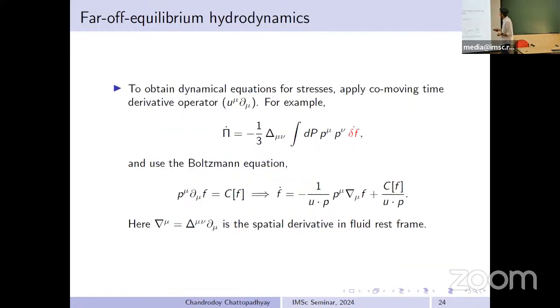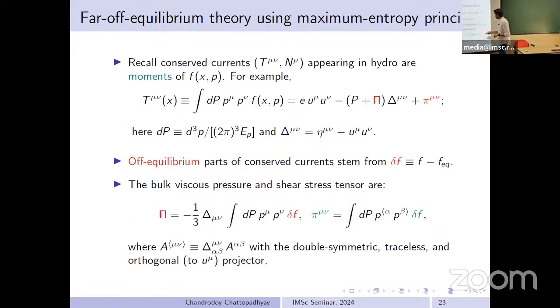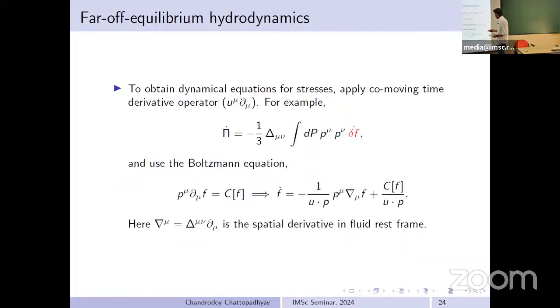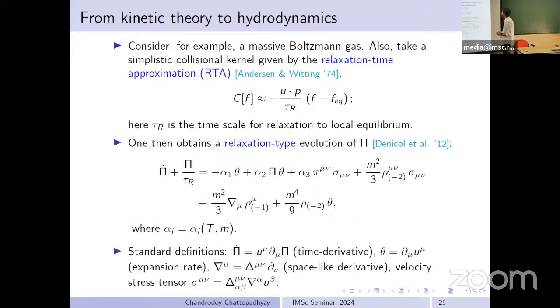So for example, we can take the definition of the bulk viscous pressure, apply a co-moving time derivative on both sides, and basically plug in the exact Boltzmann equation on the right hand side, right? So we can just do this. There is no approximation made till now. And then we see that,